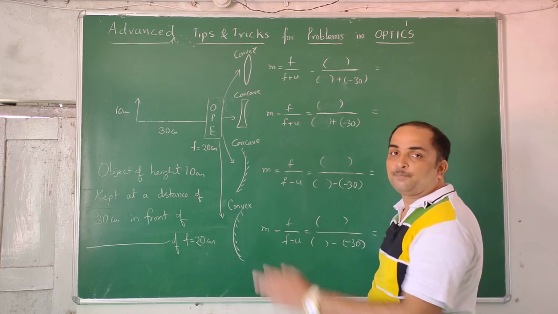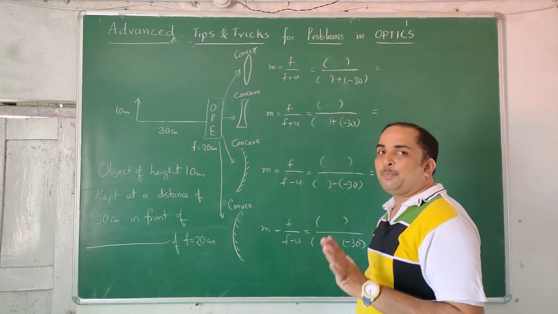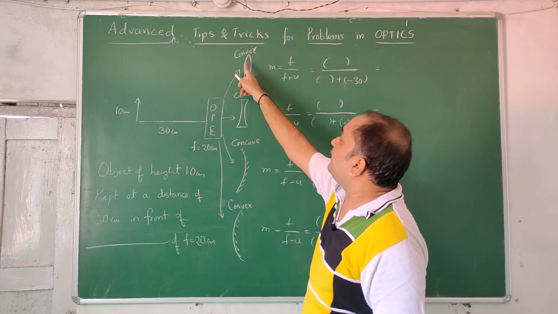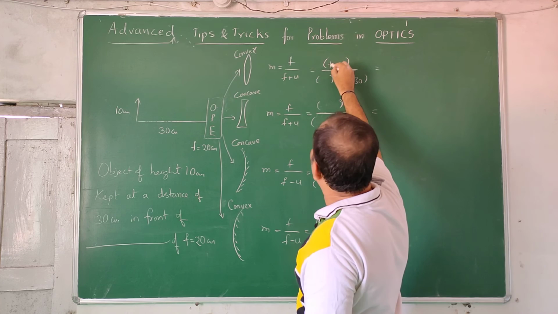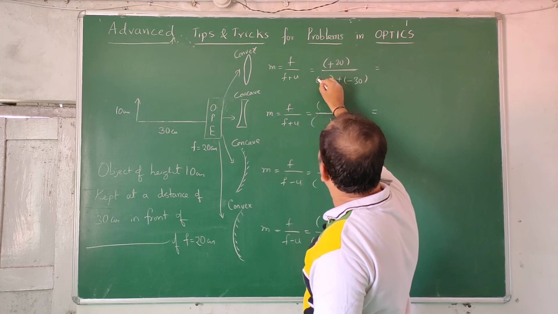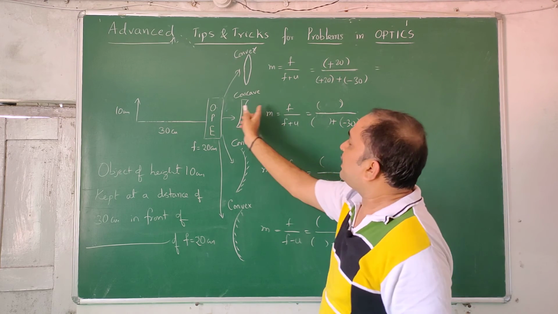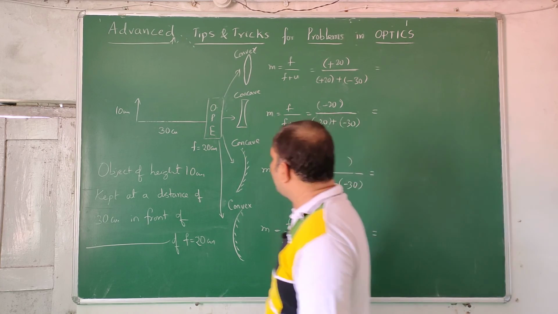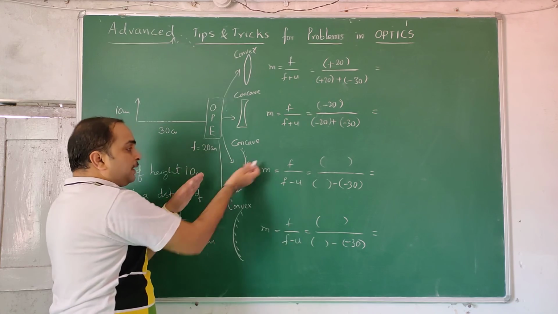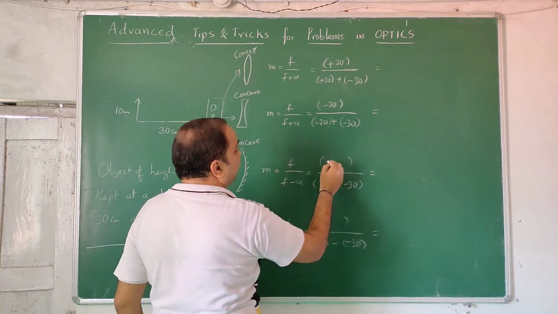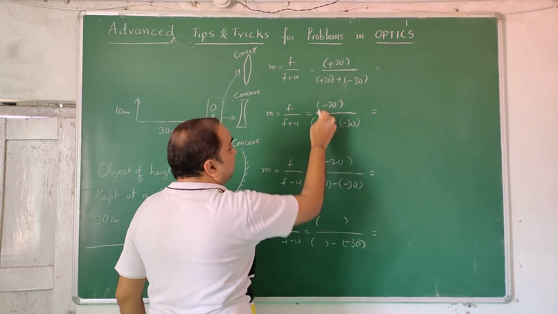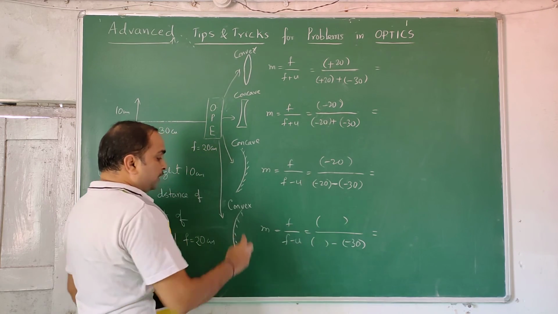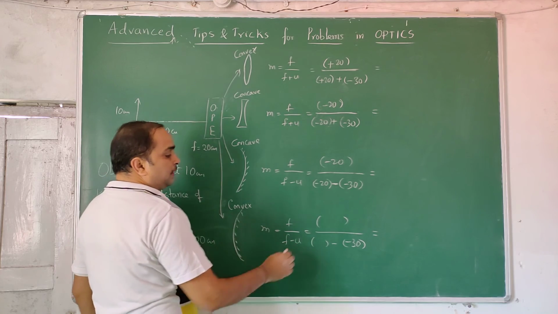The object is kept on the left. Now for the focal length you have to be very conscious. The focal length in all of them is 20 in magnitude, but a convex lens converges to the right, so plus 20. A concave lens is on the left side, minus 20. For the concave mirror, rays come and converge on this side, the left side, minus 20. You may think both are the same. No, in the lens formula it is plus, here it is minus. The formula changed. Next, the convex mirror: the ray hits and goes away, so the image forms on the right side, plus 20.